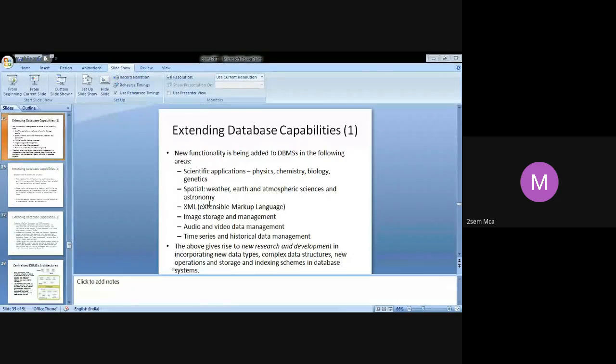Then data mining applications, where databases were used to analyze large amounts of data, searching for particular patterns and relationships.